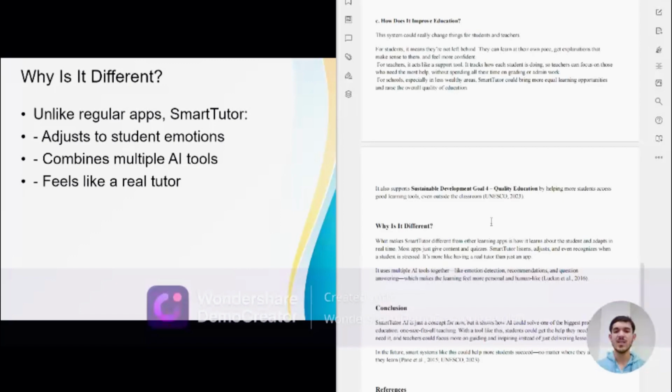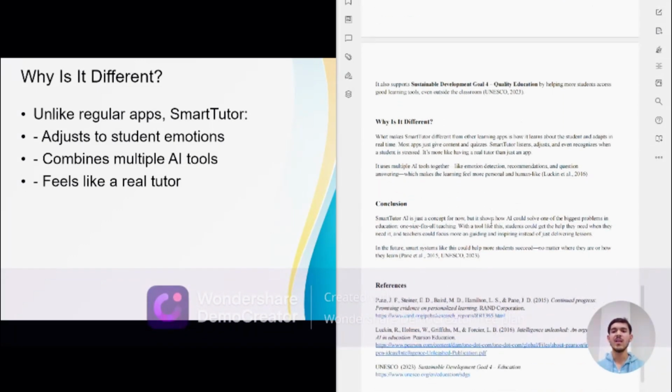So let's say why it's different. Unlike a regular app, a smart tutor is adjusted to the students' emotions, and it will show us the emotions and feelings of students.